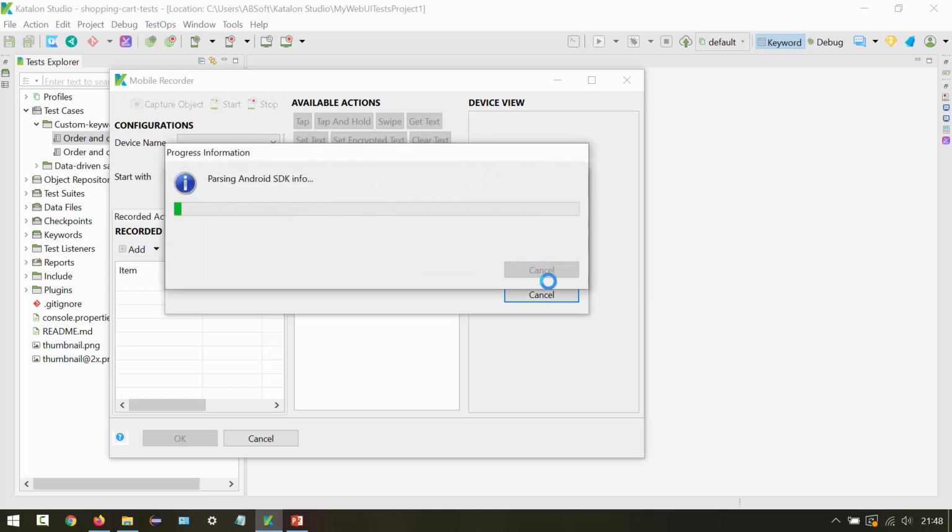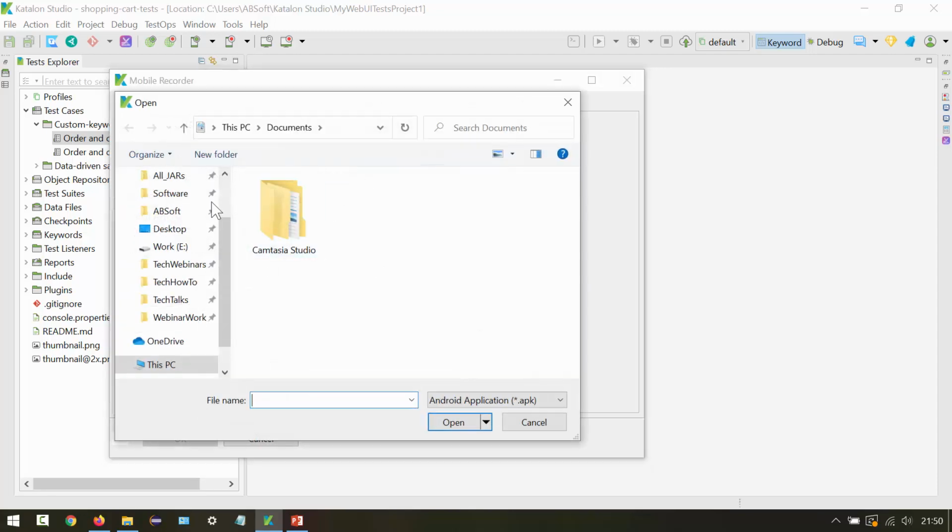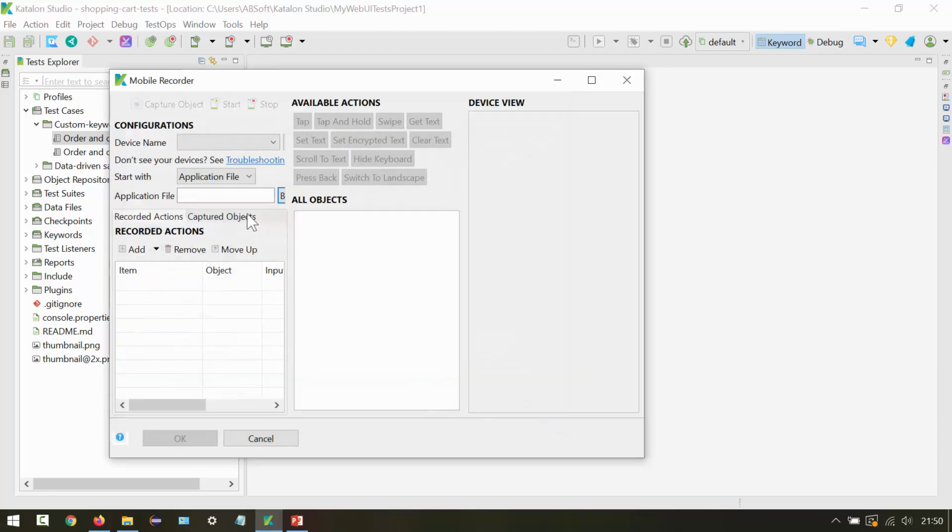Okay, it is opened, so you can see it is installing Android SDK. Okay, you can see mobile recorder is open, and then we can select the application file, whatever the file, and then we can perform the recording.